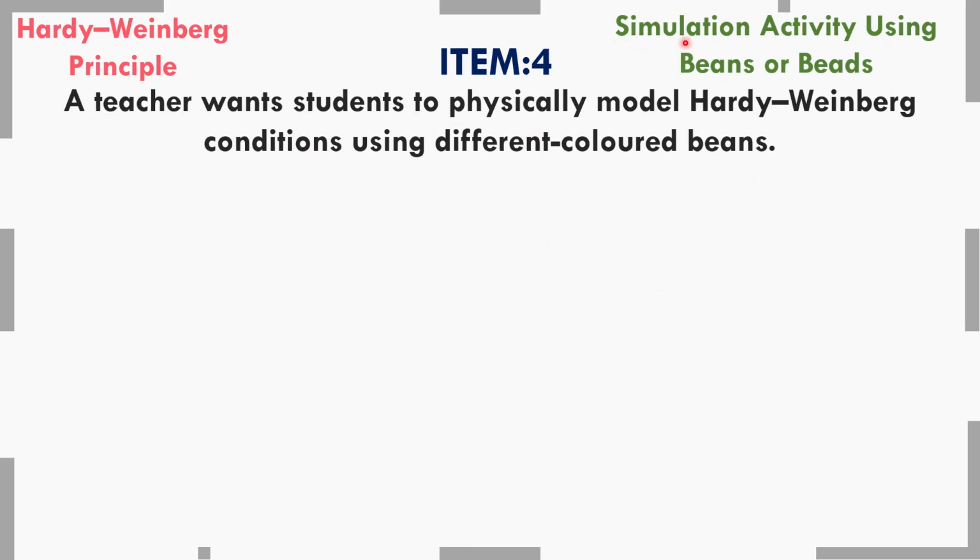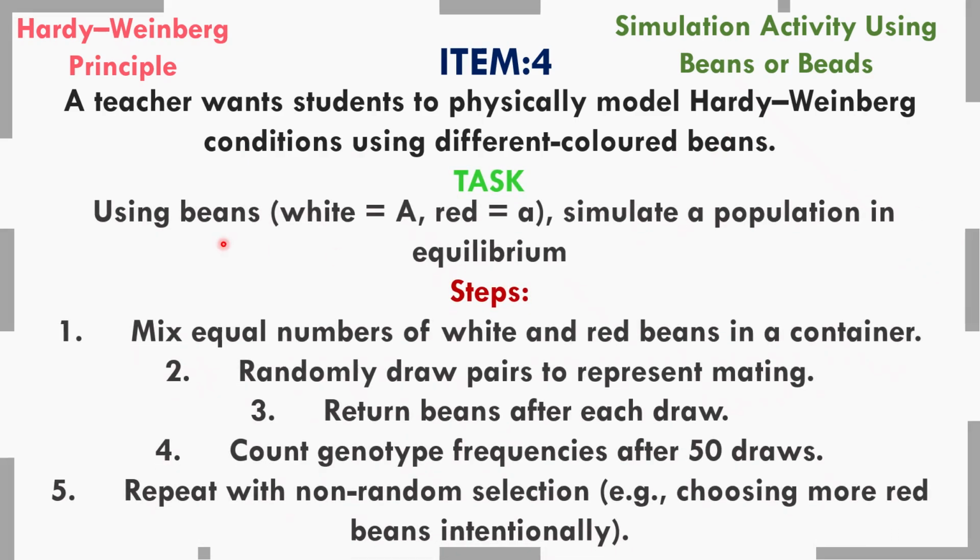Now let us look at simulation activity using beans or beads. Item 4. A teacher wants a student to physically model Hardy Weinberg conditions using different colored beans. Task: using beans, white to represent capital A, red to represent small a. Simulate a population in equilibrium. Steps: